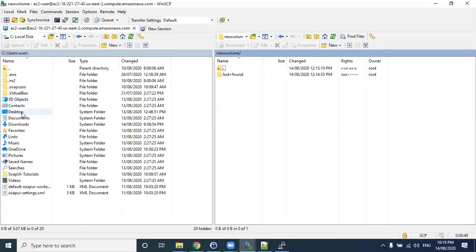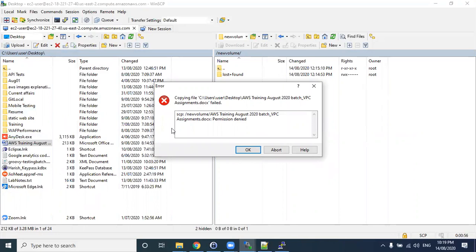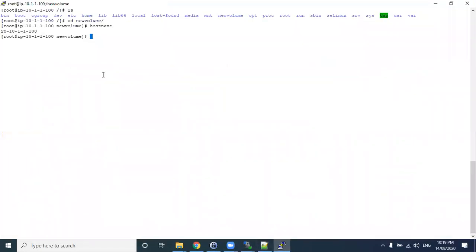So let us select some few files. I'll select this. I'll move it here. SCP new volume training. Permission. Okay, so here we don't have the write permissions. So what we'll do, chmod 777 new volume.